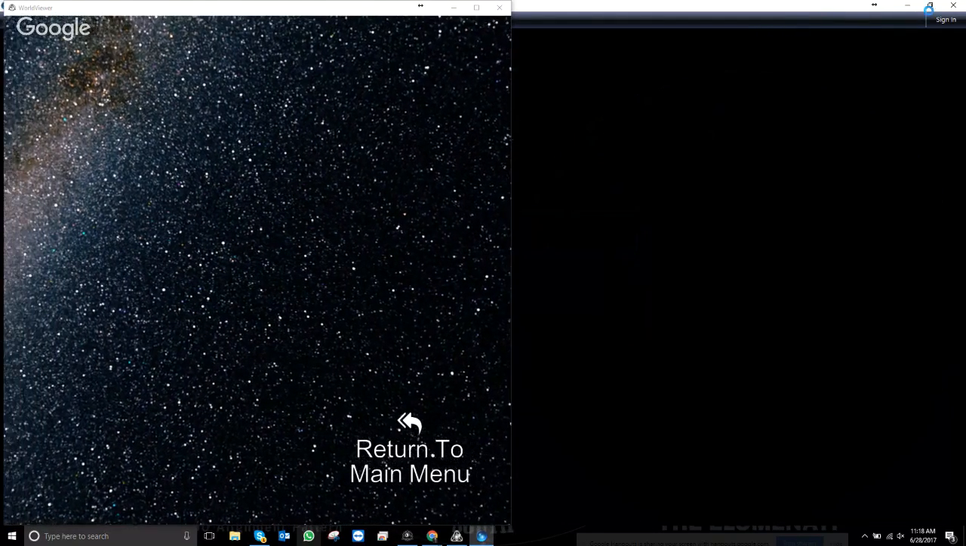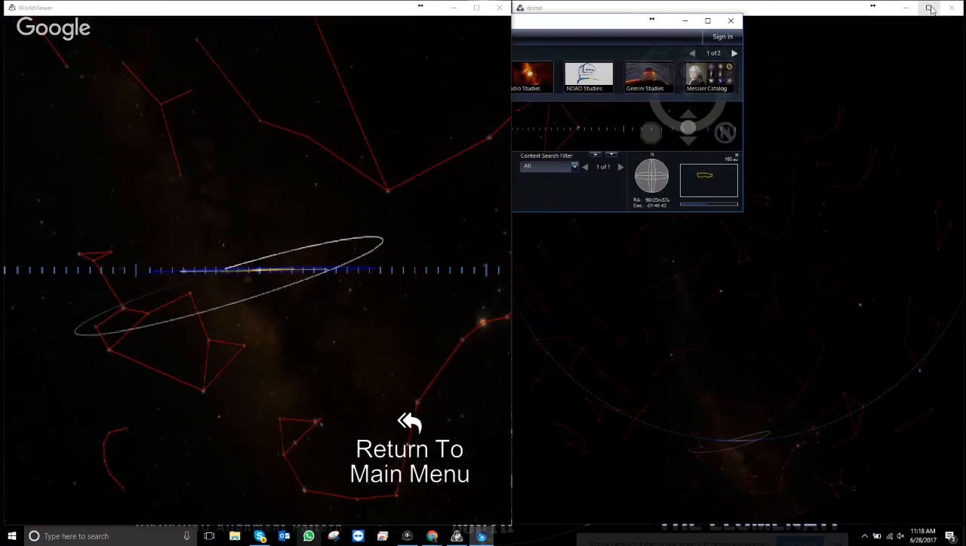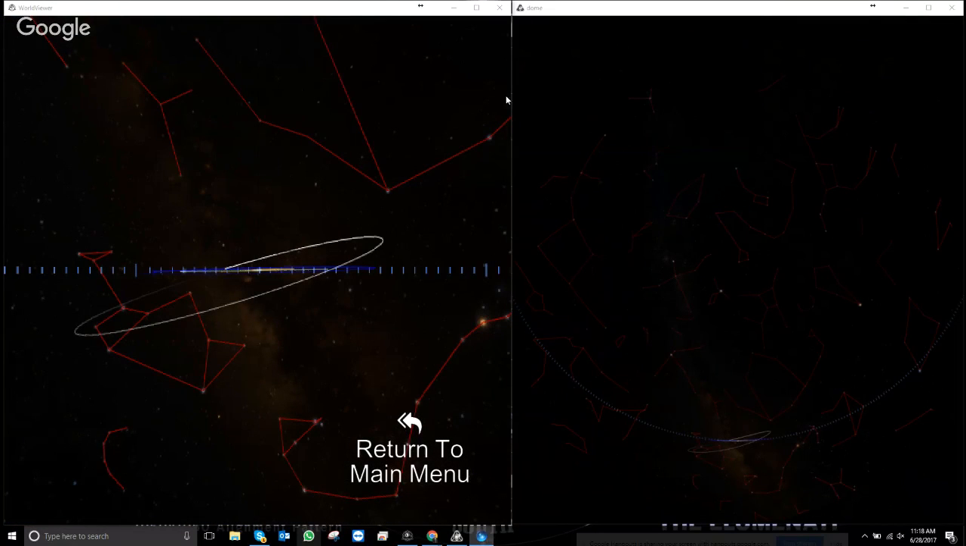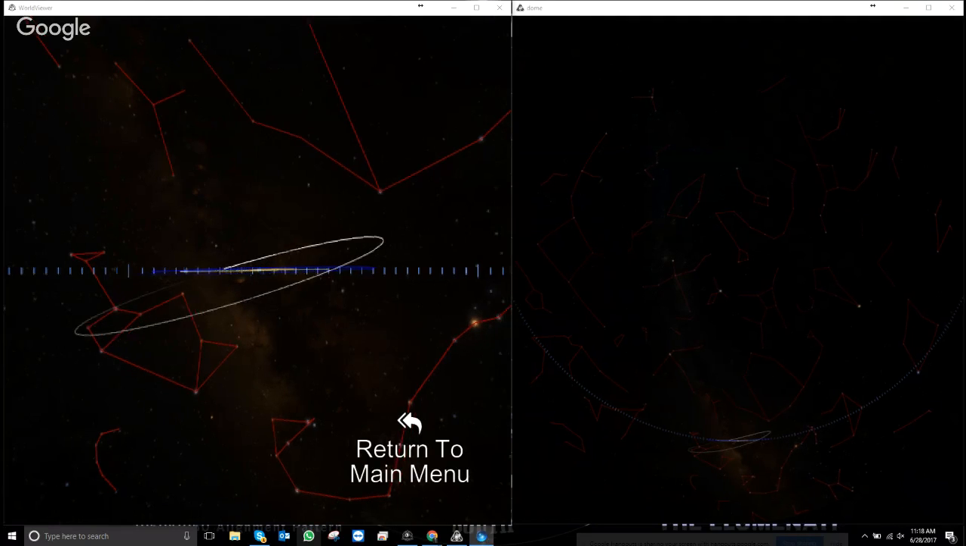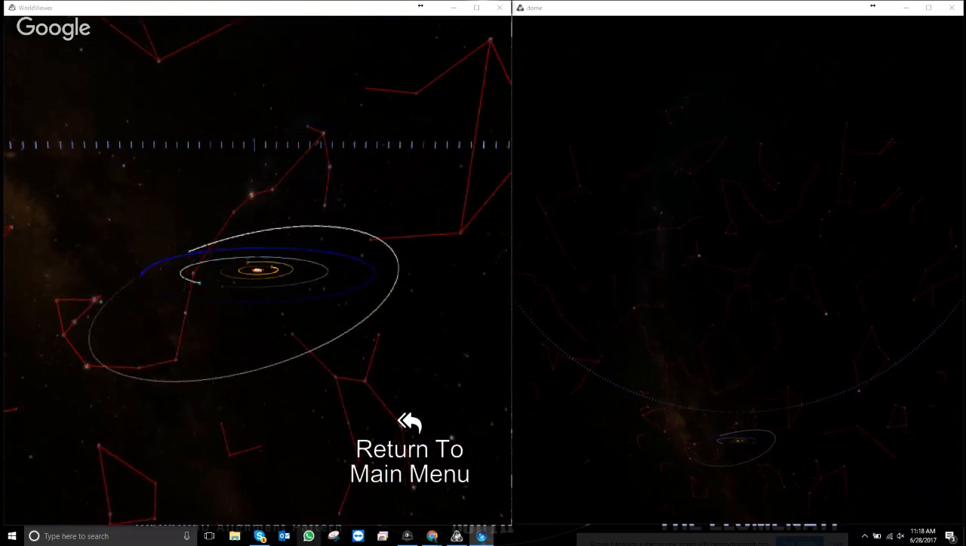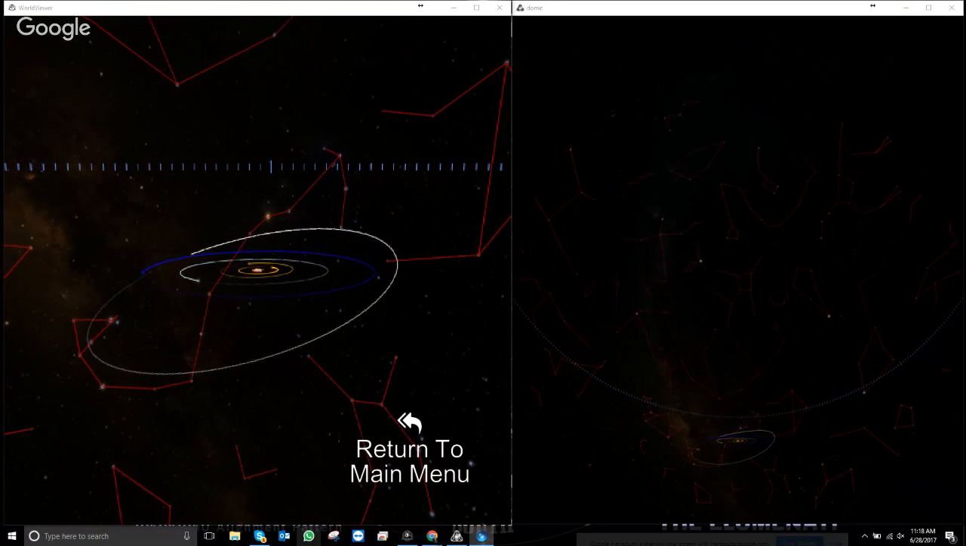I'm going to move it to a different screen for sanity purposes, okay? But you can see that as soon as it launches, it displays on the dome, okay? And I could do anything inside of Worldwide Telescope that I want, and it will display on the dome. And as soon as I hit this return to main menu button, it will bring me back to the main menu, and it will automatically close Worldwide Telescope as to not make your